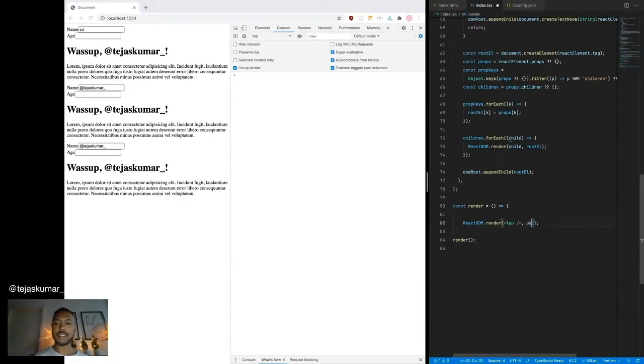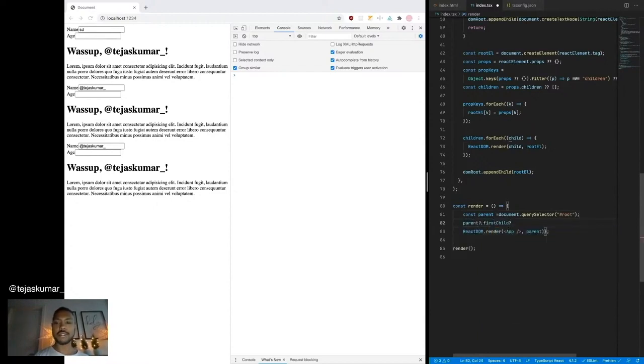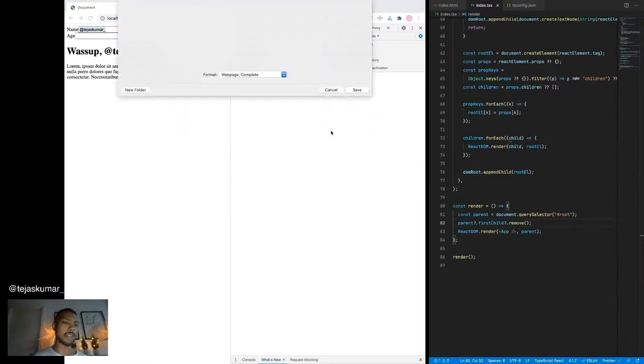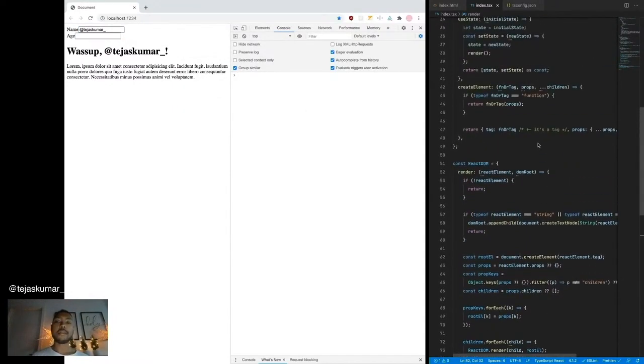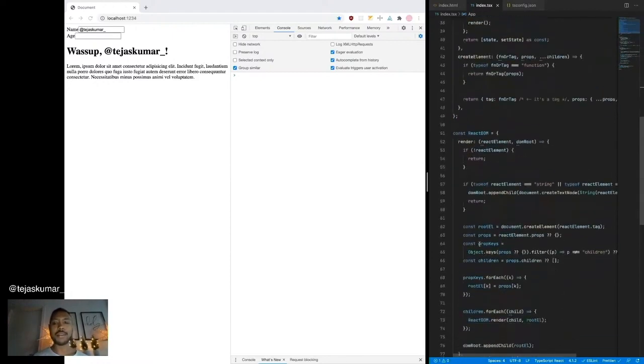So we'll say const parent is this, and we'll remove any first children if there are. Okay, let's do that. Is that better? Okay, so far so good. I mean, it's not updating the state, but we have something. The component itself, app, needs to be recalled. That's what happens when this is the return value of render, so app needs to be called as well.